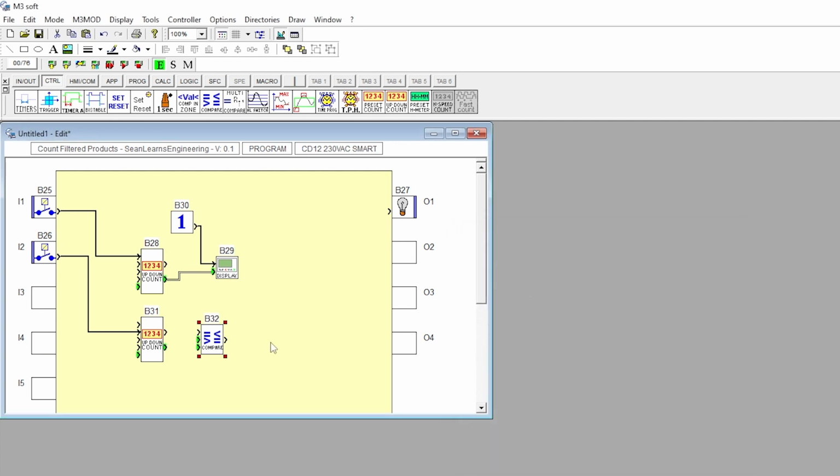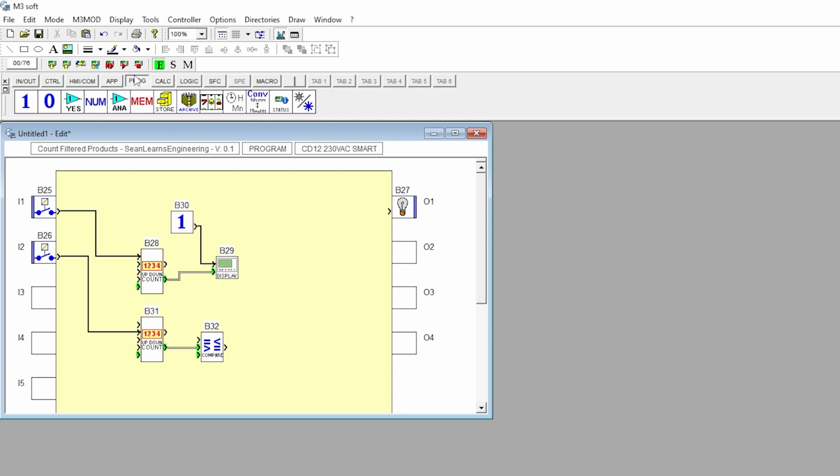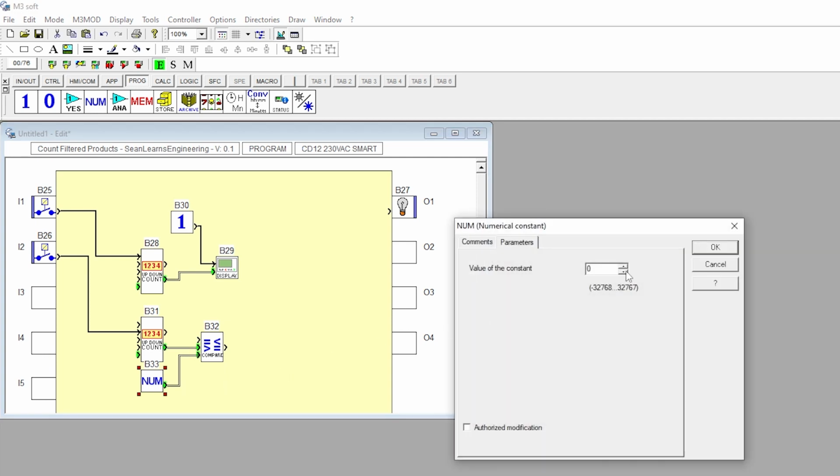Take the current value from the up-down counter node to the value 1 on the Comparison node. For value 2, we'll use a numerical constant node. In the Prog tab, drag a numerical constant node, then double-click into it. For the value of the constant, you can set it to any number you like, but this is the number